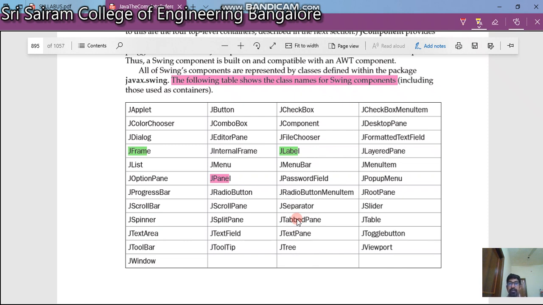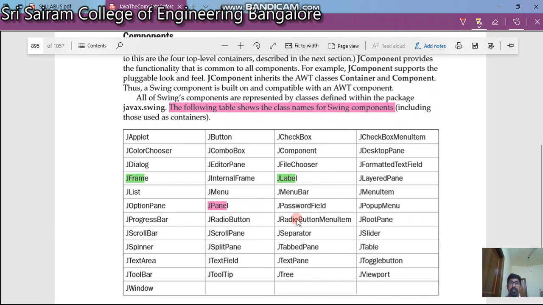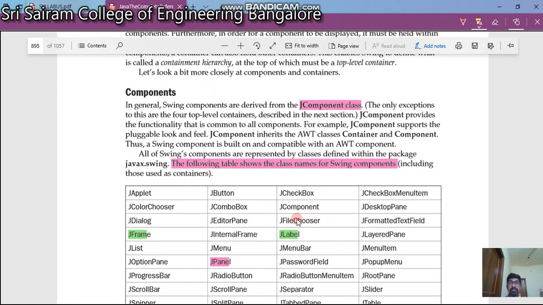These are all different classes we use. Remember, everything starts with J, and the J should be a capital letter, and the next name should again start with a capital letter, something like JApplet, JButton, JCheckBox, JCheckBoxMenuItem. Right from JApplet to JViewport, we have nearly 50 classes we use. And please remember everything is present in the JComponent class.